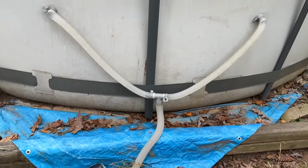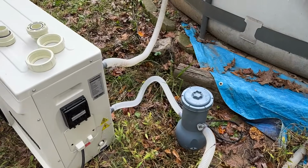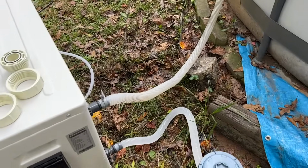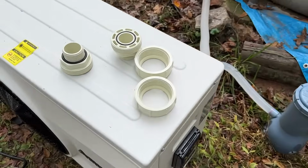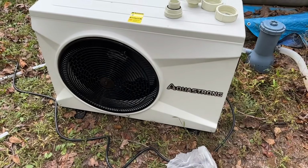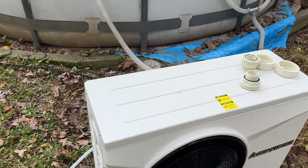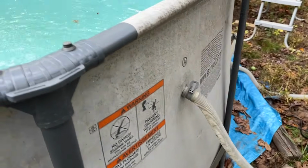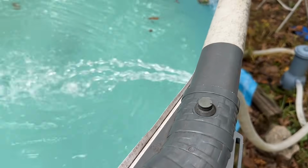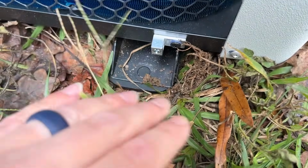So I want to show you what this looks like when it's fully set up. Again, I have the above ground pool, as you saw right there in the background. You can see all you're going to do is hook this up to your pump, and then it's going to be hooked up into the heat pump right here. Again, in the back, you can use the pipes that it came with, or you can even grab some new pipes. Maybe a little bit more heavy duty pumps would work a little bit better, but overall it works pretty well. And so you can see it just kind of plugs up and will begin pumping warmer water into your